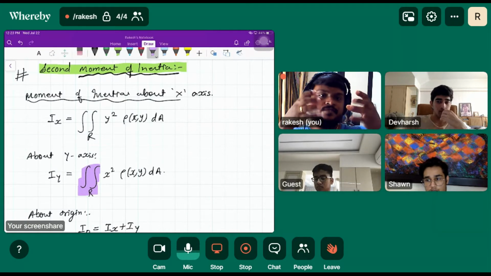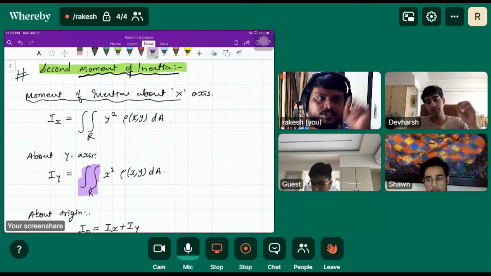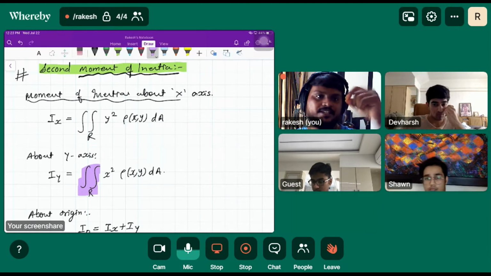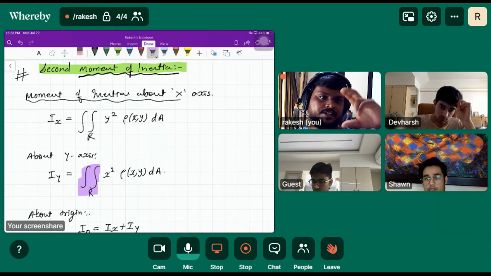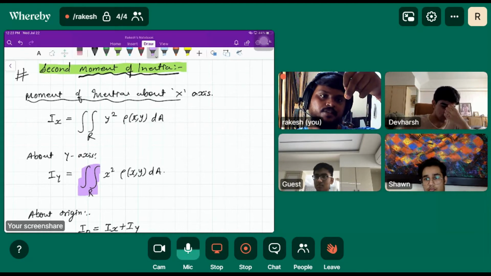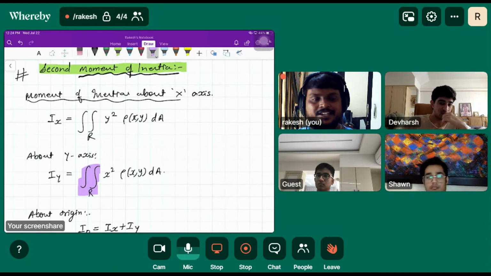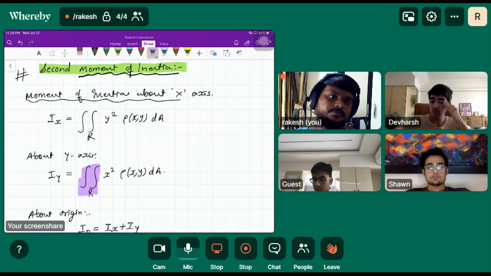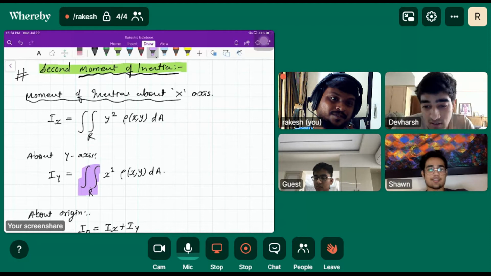So if we have a circular disk, the center of mass is supposed to be the central point only, the center of that disk. If we have a cylinder, the center of mass is supposed to be the center of that cylinder. It's halfway, half of the height, and the middle value of the circle. Are you getting that? So it was basically given the symmetrical objects. So we used to write the center point as the center of mass, right? Can you recollect these things? Whatever I'm saying today.